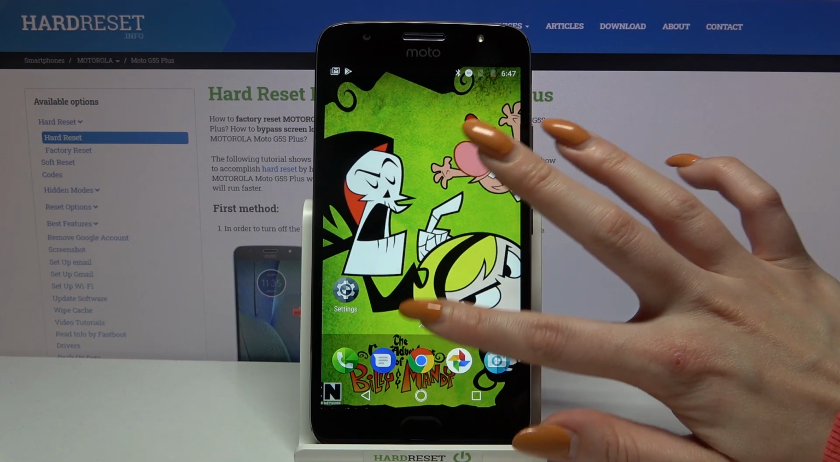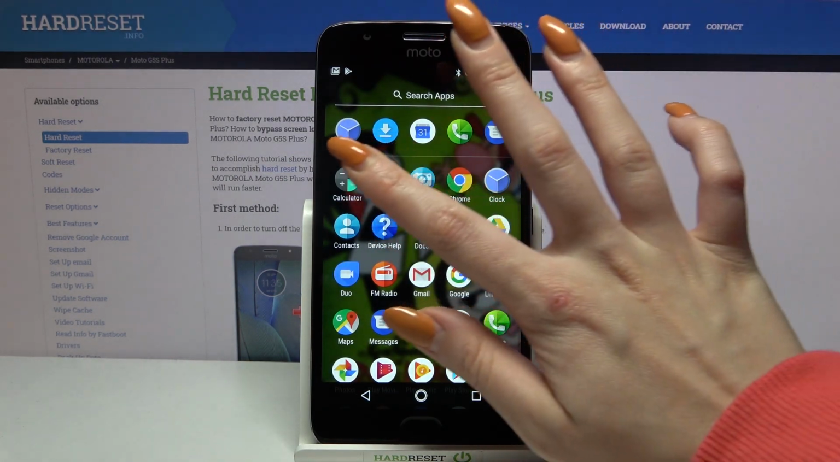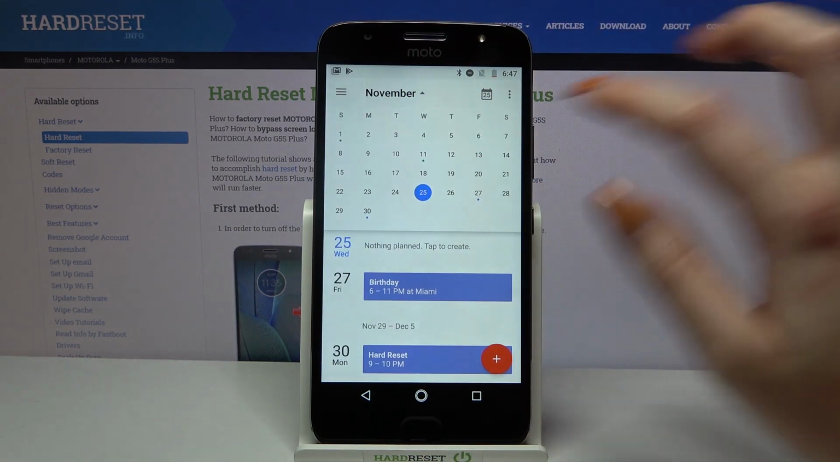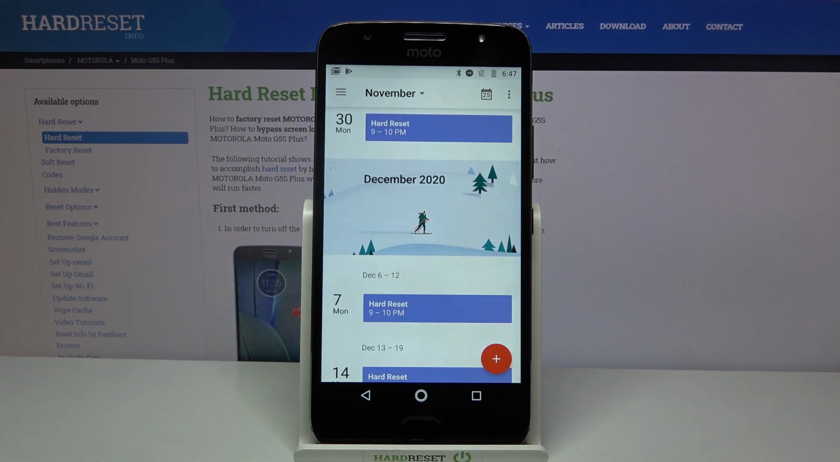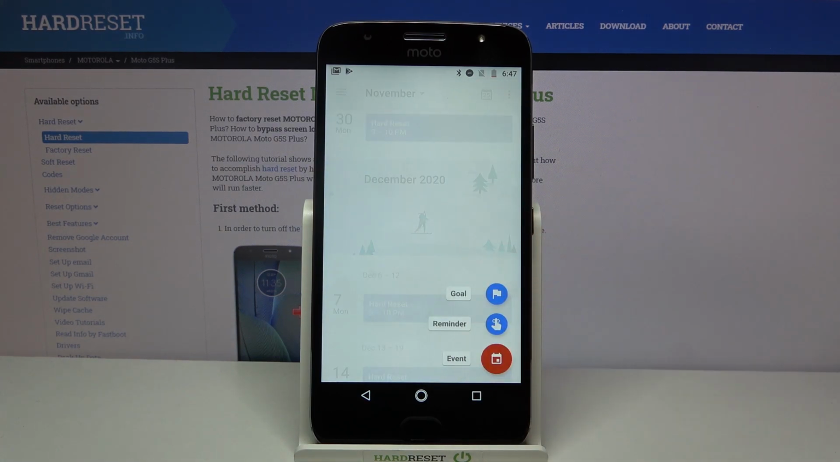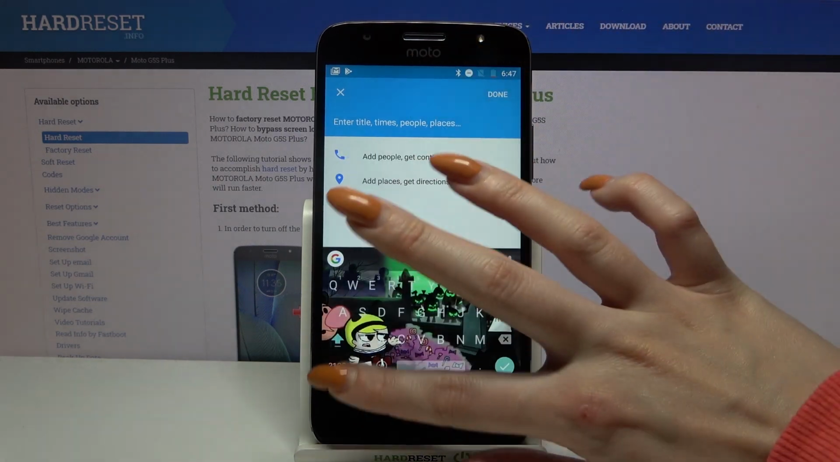Start by opening menu, then click on calendar and tap on the month above. Select the date and tap at the bottom right corner on the plus sign. Choose event. Over here you can add a title,